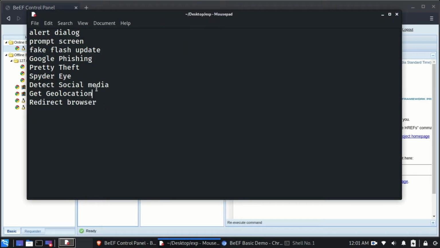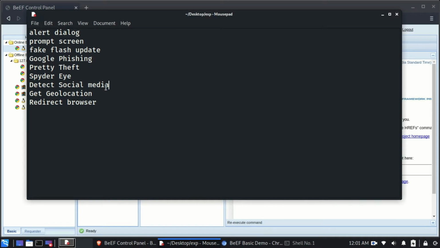The first one here is the detect social media command. This command, when executed, will tell us what social media accounts the user has logged in from their browser. For instance, if the browser is logged in to Facebook, this command will tell us that a Facebook account has been linked in that particular browser, and this information can be useful to us.